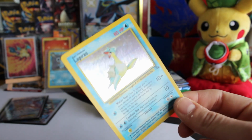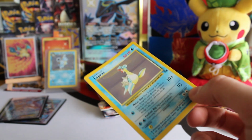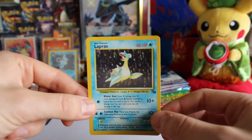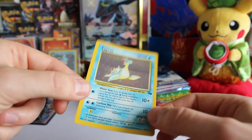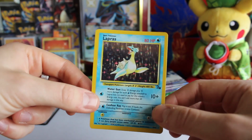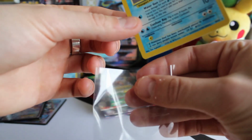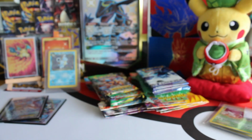Maybe I'm just missing a few things. I don't know. Maybe my eyes just aren't working the way they should do. I genuinely might just try my hand and get that graded. It looks great. It's a stunning card, and I got it for a really good price because of the bulk. So there's the Lapras. And then the final card is the stereotypical purchase trade, what everyone looks for online, but